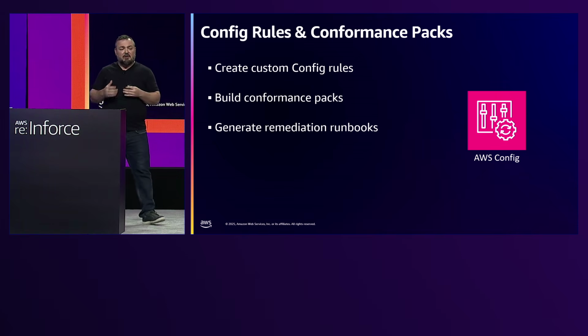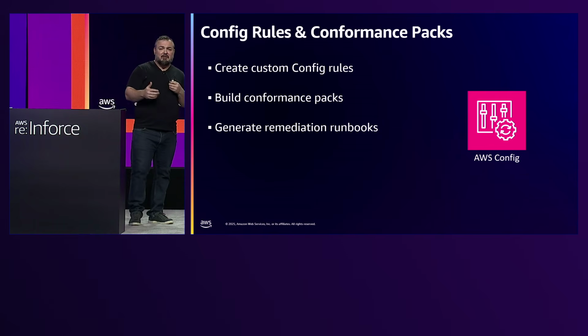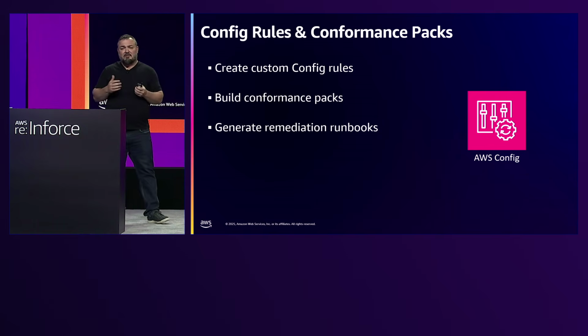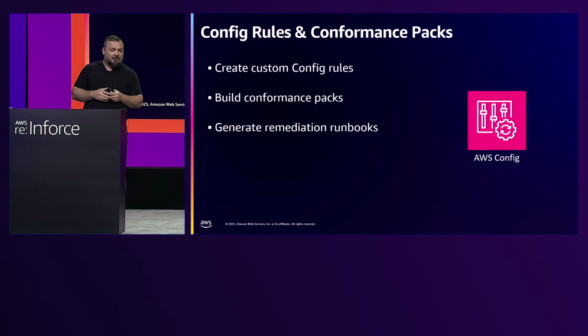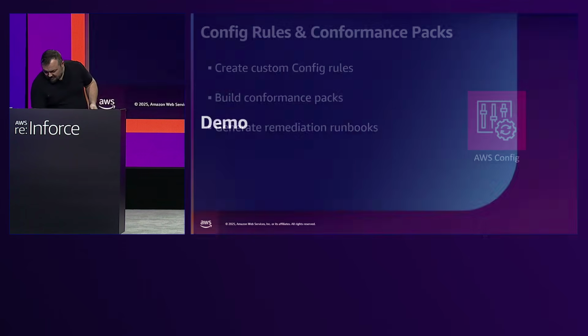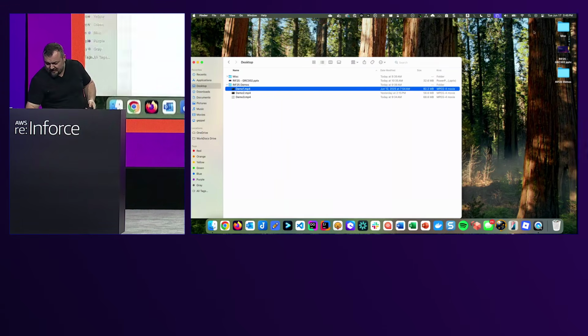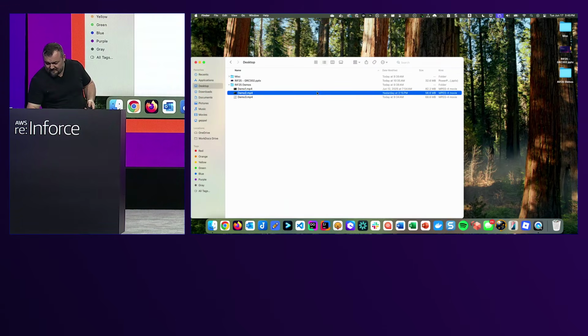So the next thing that we're going to talk about, Suchita talked about this, is config rules and conformance packs. So you have this ability to create a custom config rule. There's some Lambda and usually SSM automation documents in there as well for remediation. And we're going to do the same thing. We're going to use the Q developer CLI to accelerate the creation of these detective controls within the platform. So we'll go back to my second demo. I'll just bring that up here. We'll get started on this one.